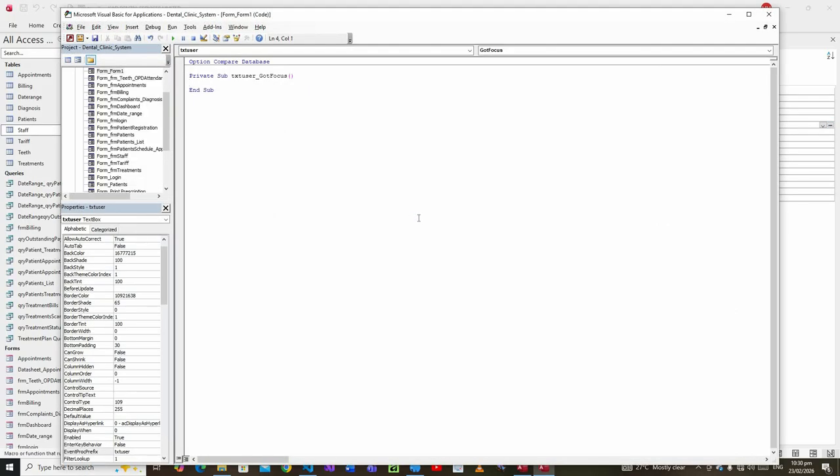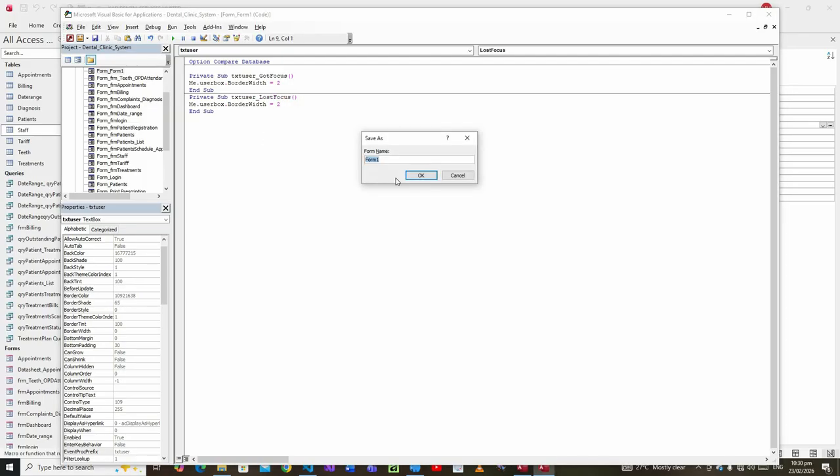And then on got focus, I just want to make the border width 2, okay. Just when you select the text box, it sets focus to the text box, okay. Anytime you are focusing on the buttons, it will send the focus to the buttons instead of the text box. So on focus we set the border width to 2, and then when we lost focus we set it back to 1, or we can even make it default, but I want to make it 1. Okay,